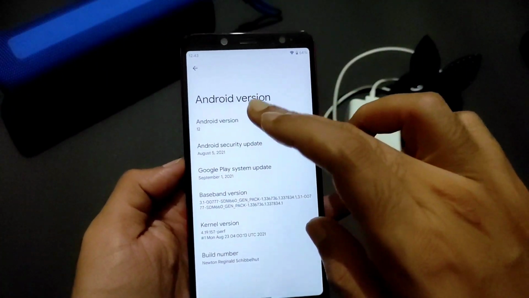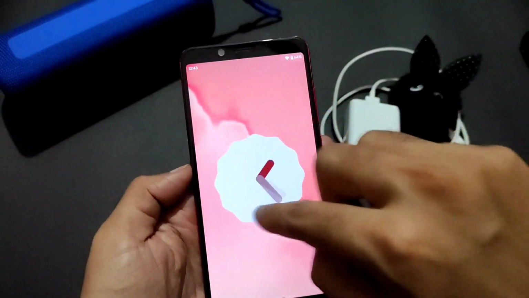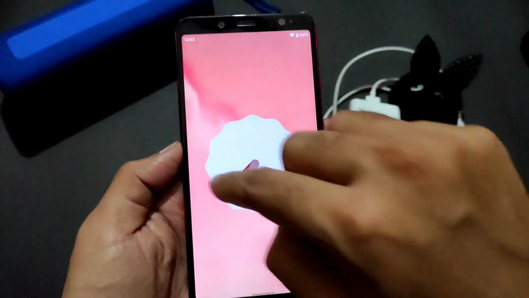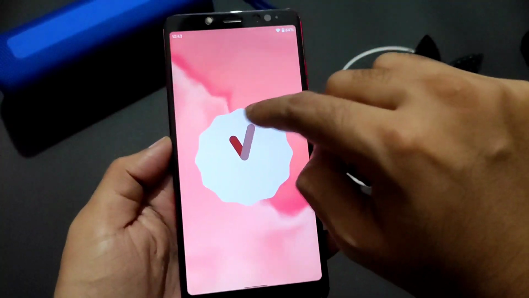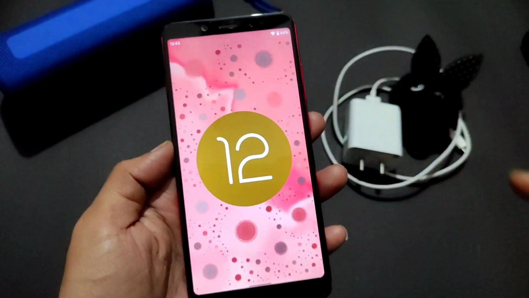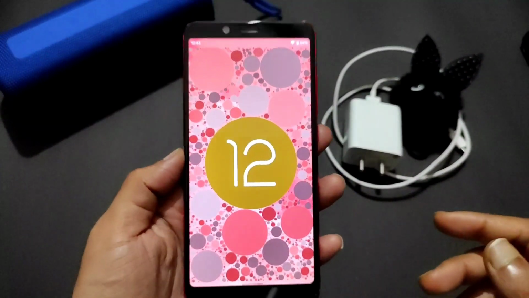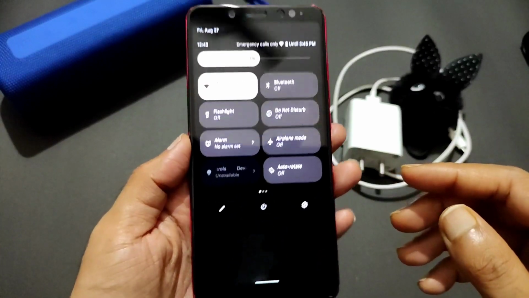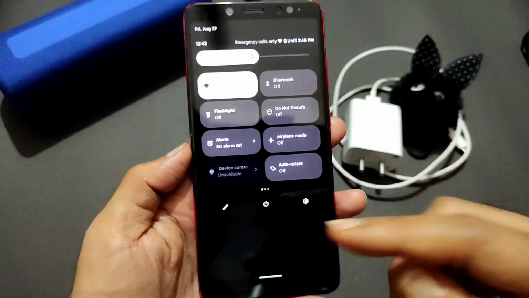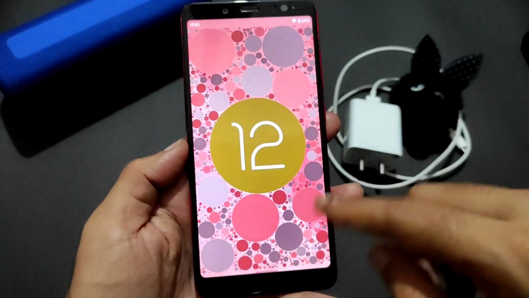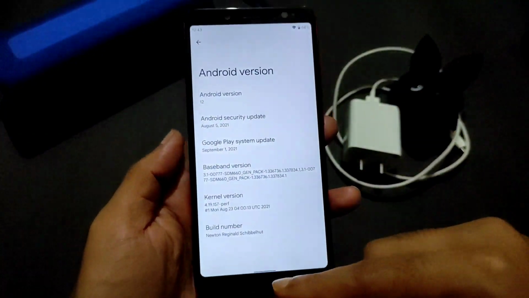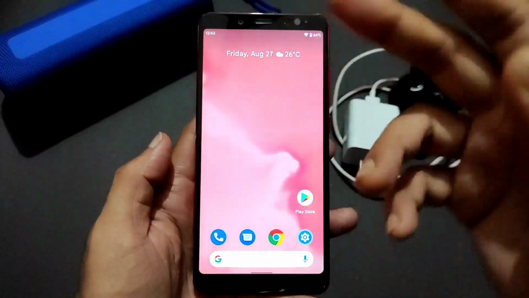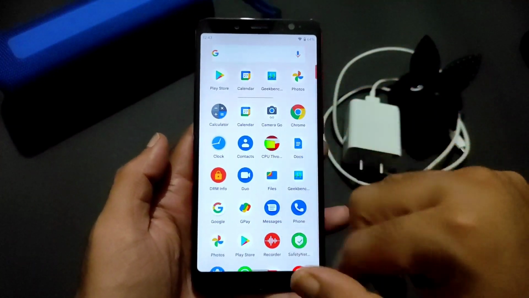With Android 12, this is how you get the Android 12 logo, and you get this kind of vibrating effect. Based upon your wallpapers, even the quick settings are going to be changed. Similarly, this Android 12 logo is also going to be changed. This is the latest one. Let me see in this video what features you get in this Android 12 Beta 4.